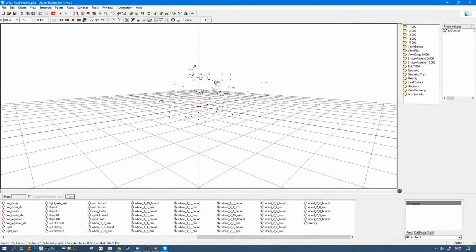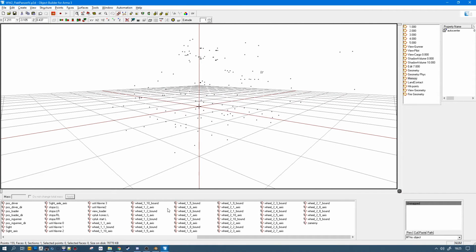It's using, if we take the memory points from the Flakpanzer, wheel 1 axis, wheel 1 bound, wheel 1 2 axis bound, etc. So here it's very simple. It's the same naming standard as a car. So 1 is left and 2 is right. So wheel 2 something is to the right and wheel 1 something is to the left.